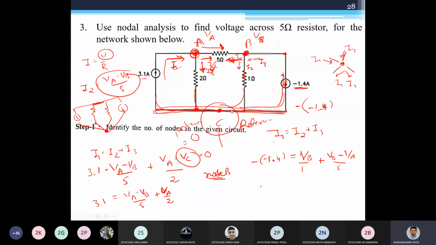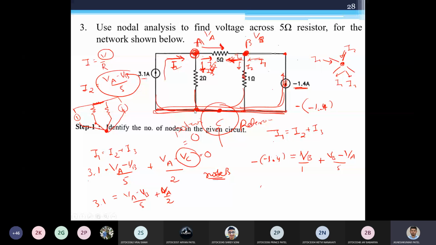But sir, there is no general rule for the reference point, so we can choose whatever? Yes, you can use whatever, but what I observed is that if you take this point as the reference point, it would be better. But you will be following our methodology. That's the only thing. Otherwise, you can take this point or this point as a reference point as well. No issue in that. The nodal analysis will follow and you will get the correct answer. If you want to try it out, you can try it out. You will get the same answer.